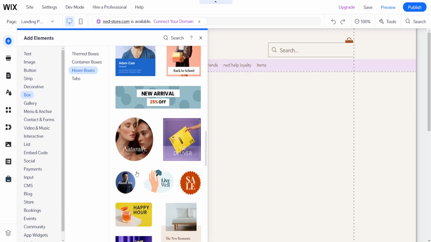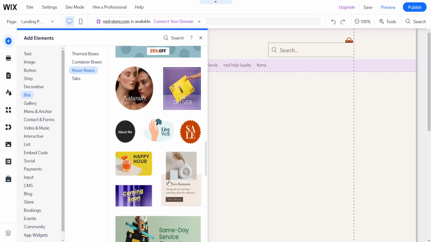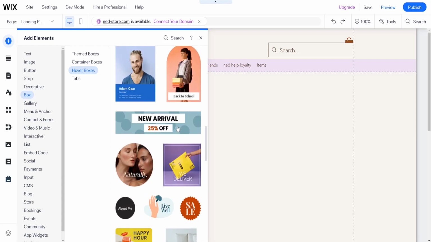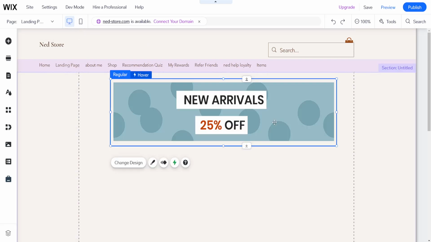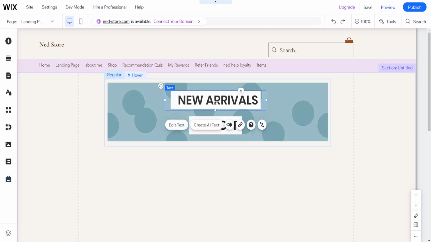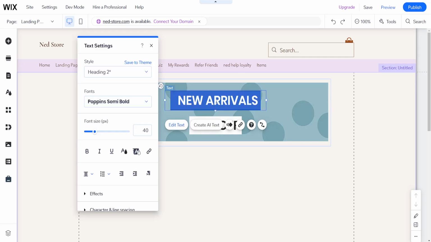You can also choose a different design from these right here, or you can make your own, but I'm going to do this one for the sake of this tutorial. So I will simply drag and drop it here. So here we can change the text to wherever we want. So we can do announcement,